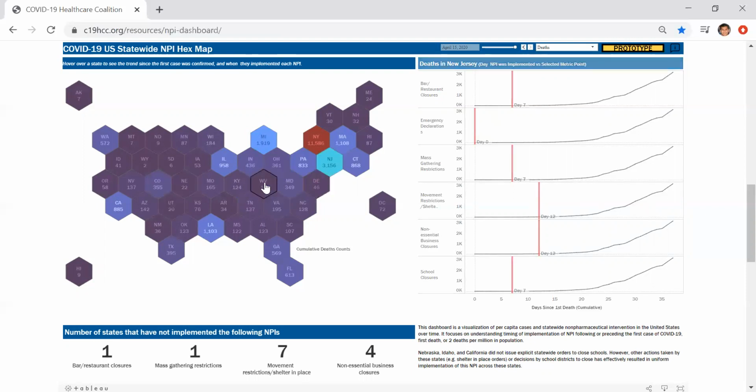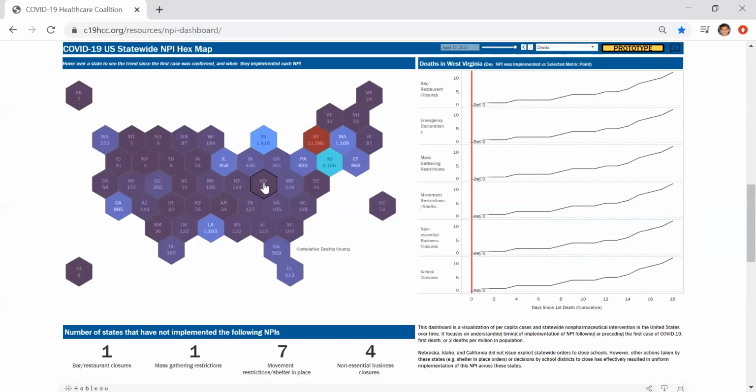As we scroll across other states, such as West Virginia, which was the last state to report COVID-19 diseases, we notice that West Virginia instituted the full suite of NPIs prior to recording its first death. This gives us an additional means of comparing states and understanding which states acted when with respect to